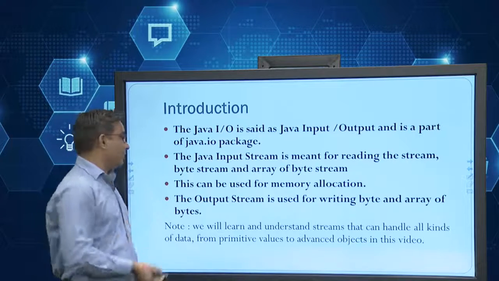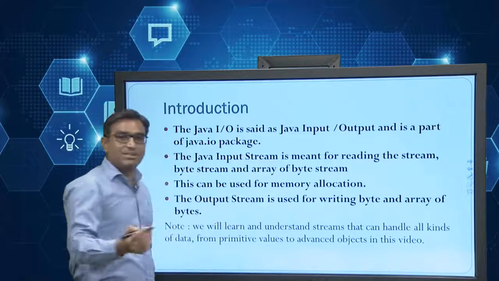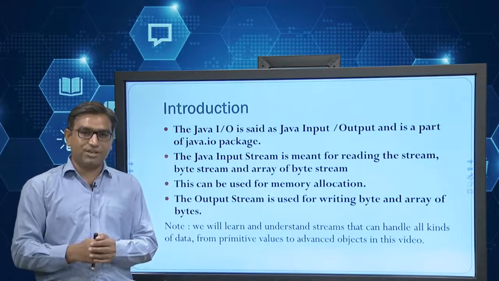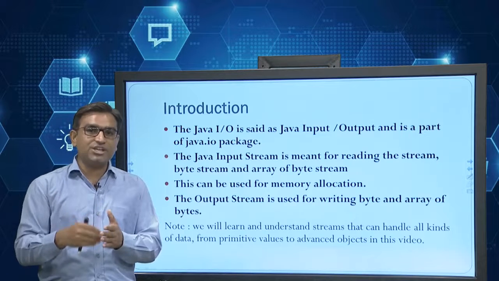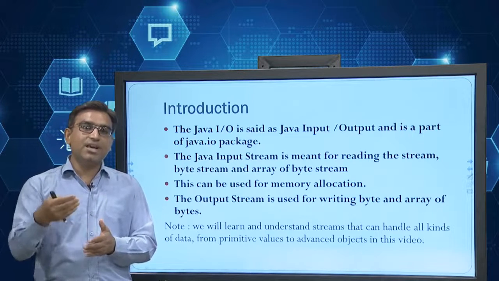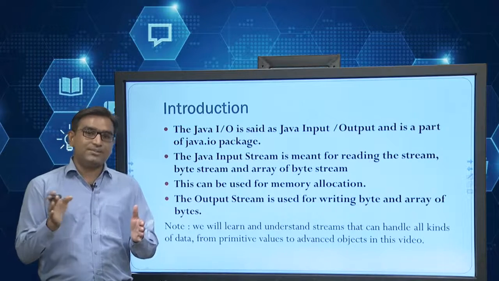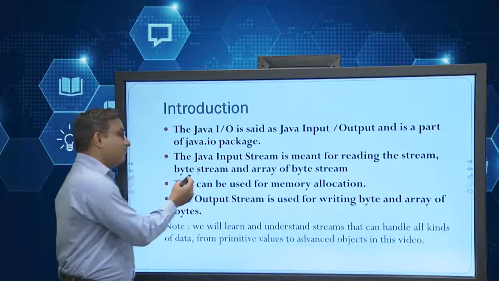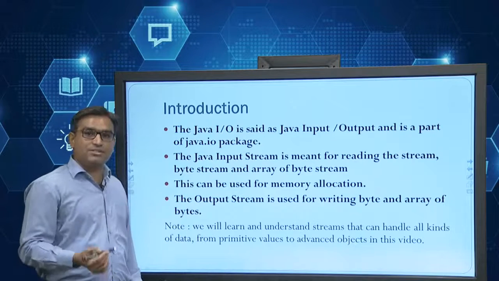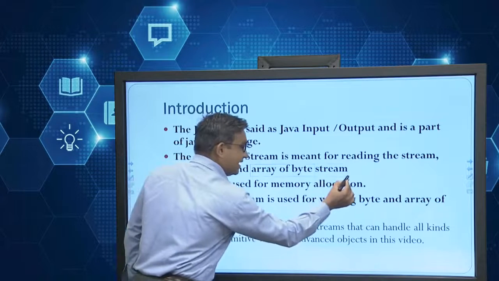So the java.io package itself provides input and output stream classes. Now how to input? Java input stream means reading your stream data. Whenever we write any code, we need to enter some data. That data can be read through the input stream, and once the data operations are performed, we play with a byte stream, that's called array data. Whatever outputs are produced, they are produced through the byte array stream data.